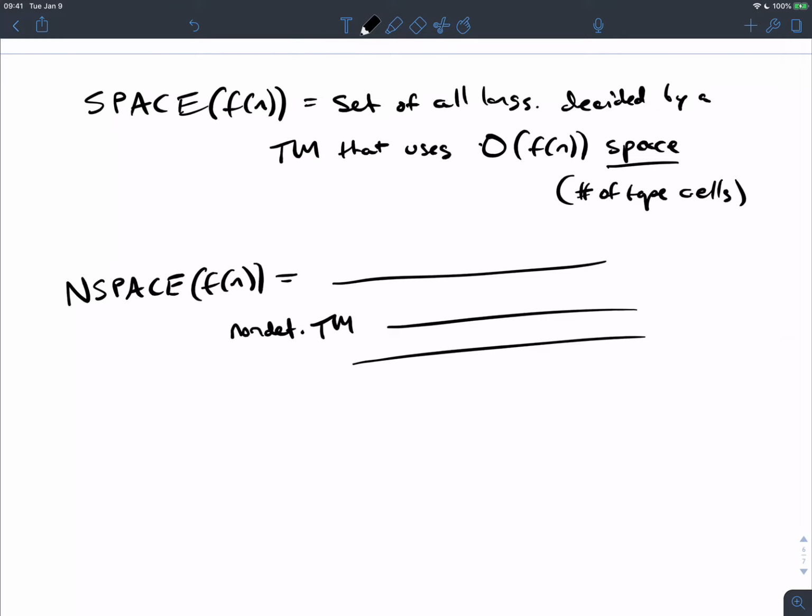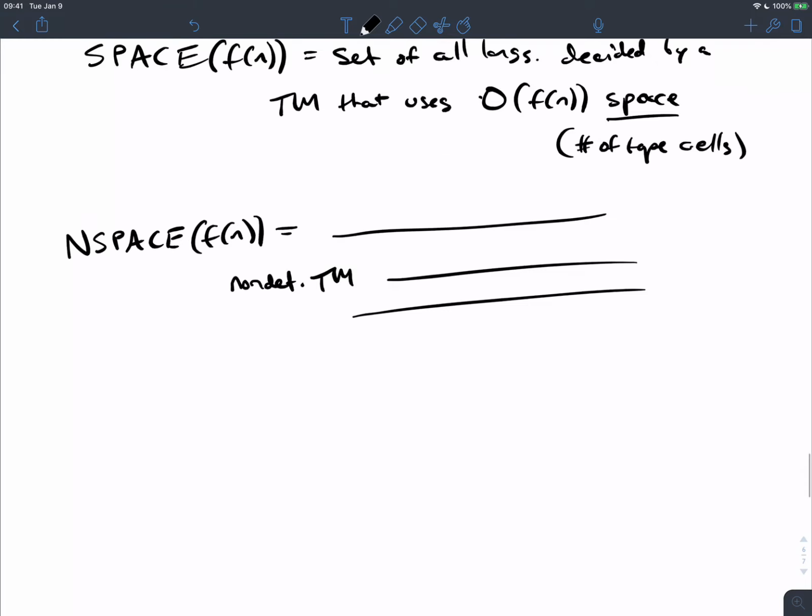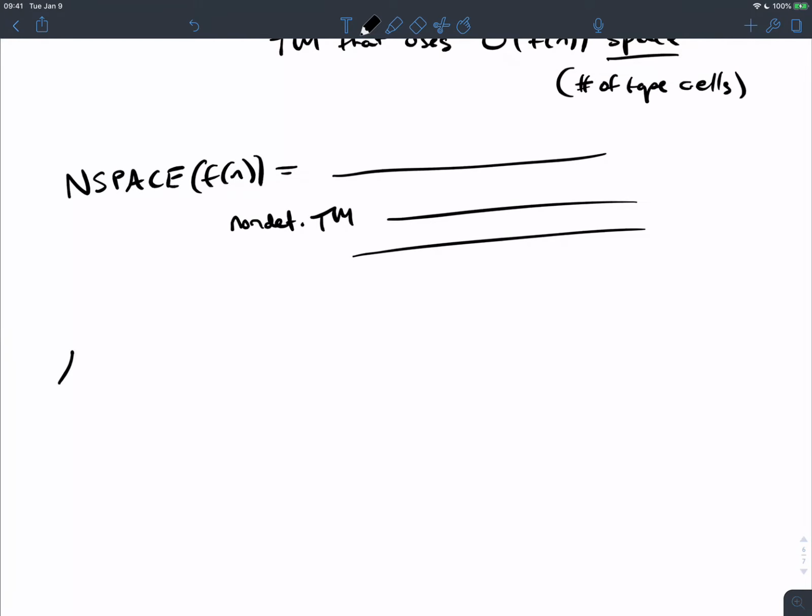There are models where you can read and write on the input tape, or sometimes where you say no, you can't write on the input tape. You can only read. So we could comfortably say all regular languages are in space of just n. Even if we take the entire input into consideration, it's only linear space. But if you just removed the input from consideration, well, the things I really need are,